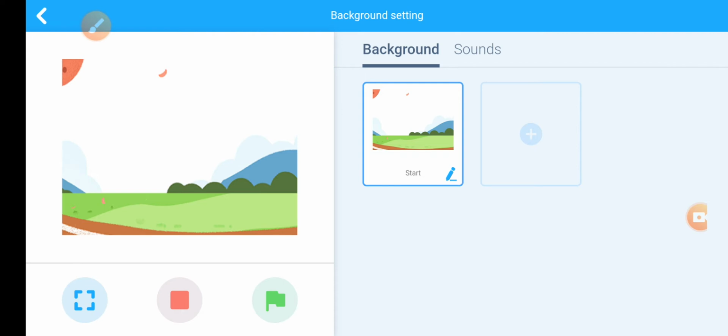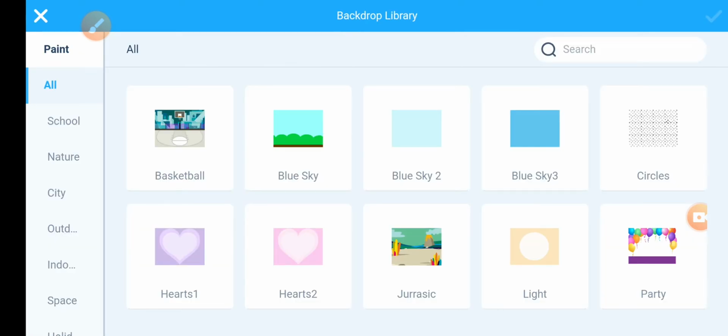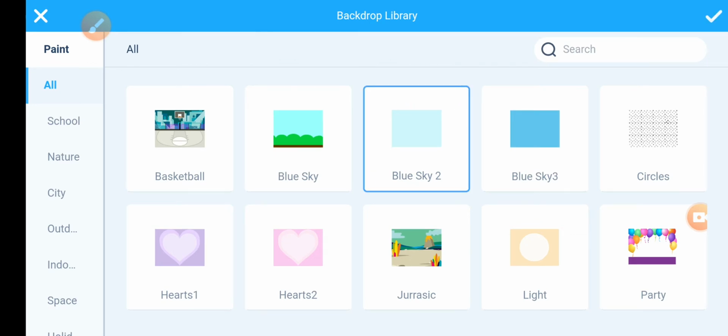Click on that plus sign. Let us consider this is my game rule window screen. Click on that and press the check button.